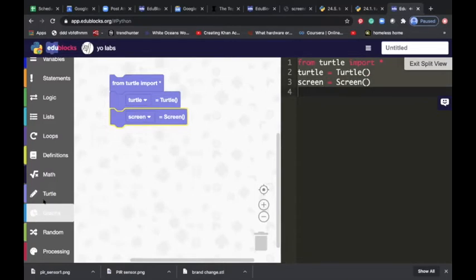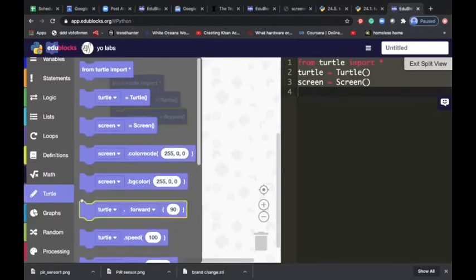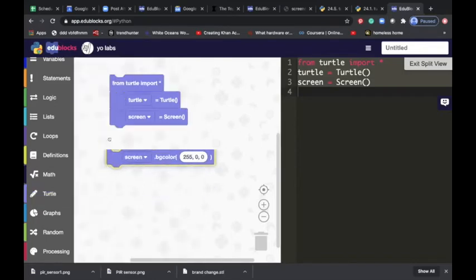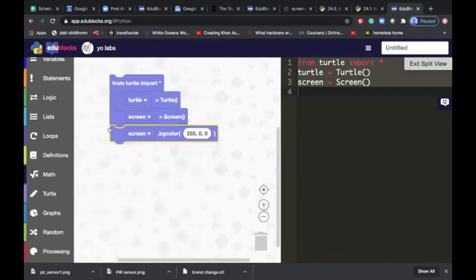Turtle screen. Turtle peachy color. Why am I not able to open Zoom?